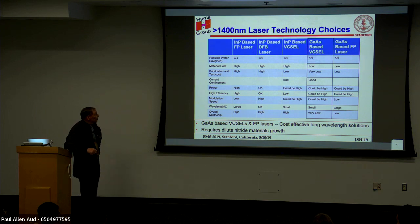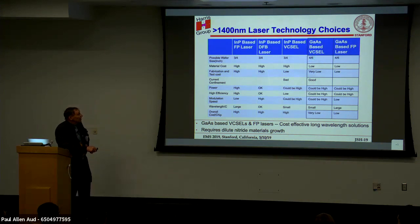And the other is that indium phosphide is still mostly a 3-inch technology. There is 4-inch available, but an awful lot of it's done on 3-inch. Gallium arsenide is mostly done on 6-inch these days, and you can even get 8-inch. So the whole scale up is already much more developed there. And